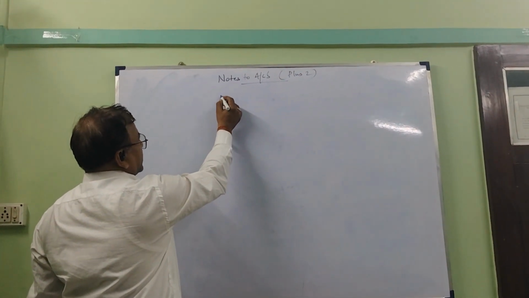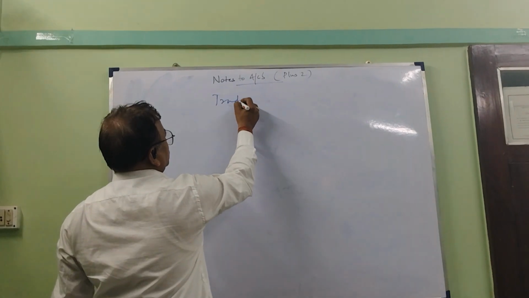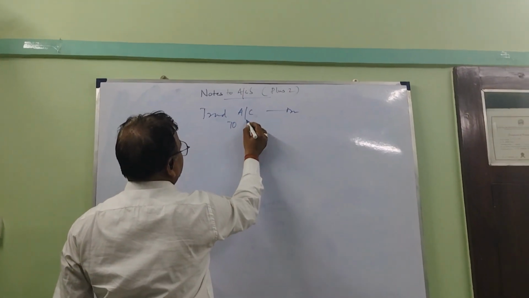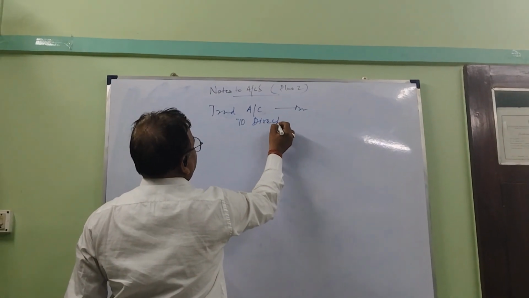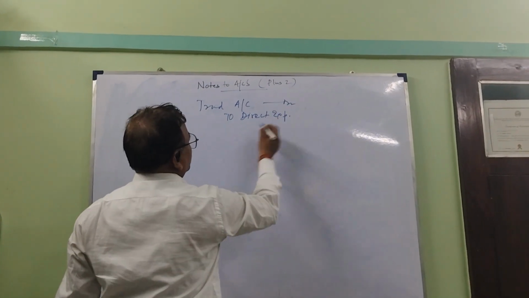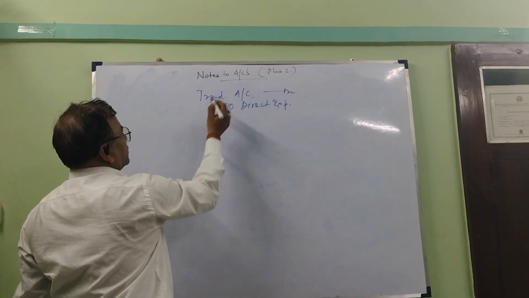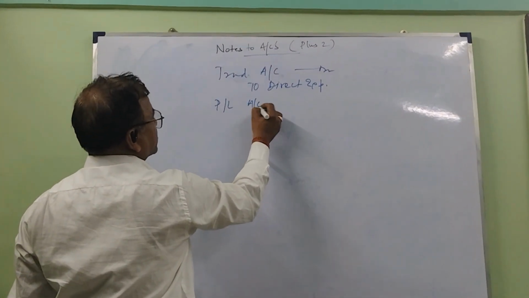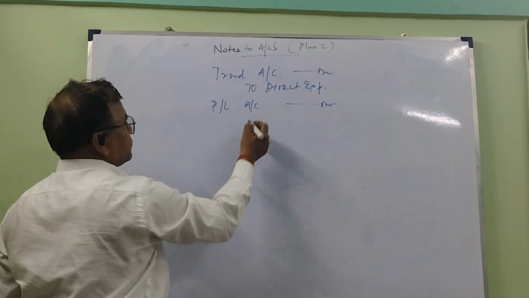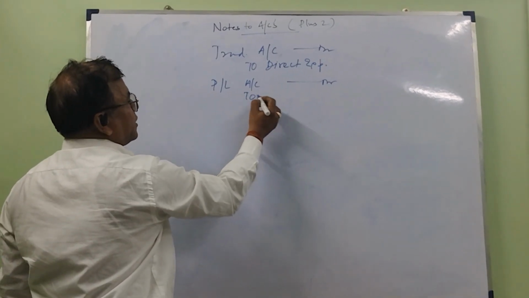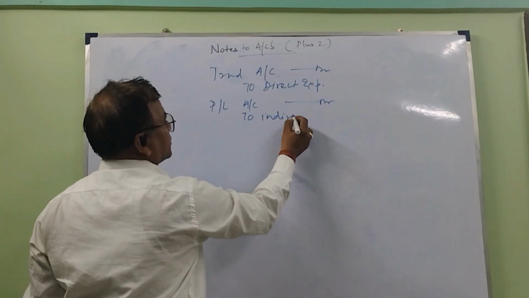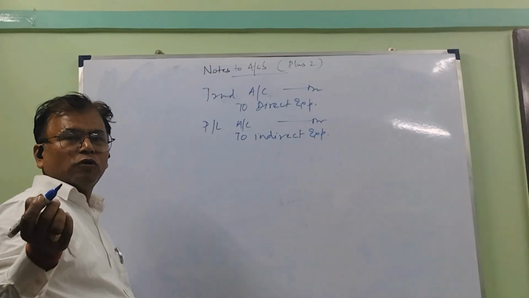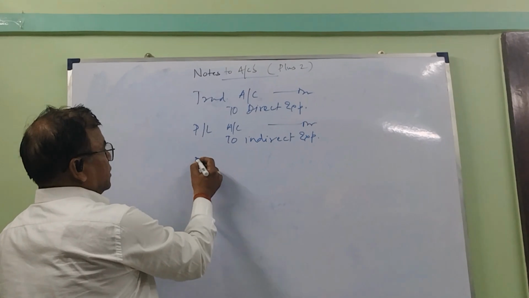Suppose we are making a trading account. The trading account will close all the direct expenses. All the direct expenses will be closed through the trading account, and the PL account, meaning profit and loss account, which is an integrated part of trading, will close all the indirect expenses. Okay, these are the two general entries, and for incomes also, see,